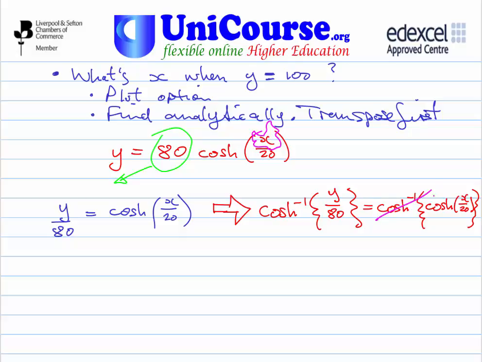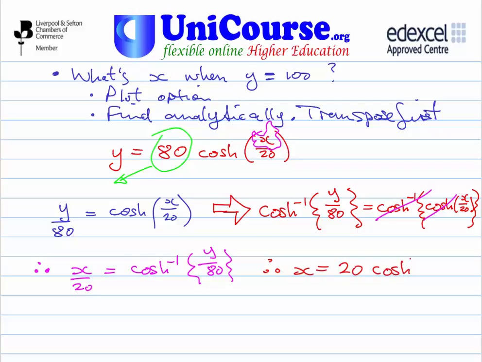So this cosh minus 1 is going to obliterate that cosh. So we end up with x over 20 equals cosh minus 1 of y over 80. Therefore multiply both sides by 20. x equals 20 times the cosh minus 1